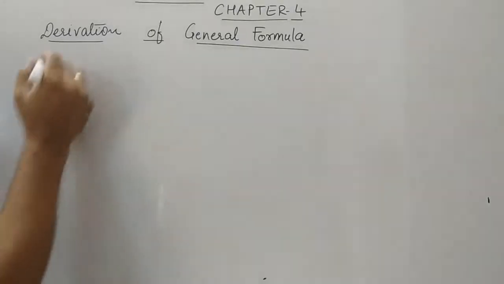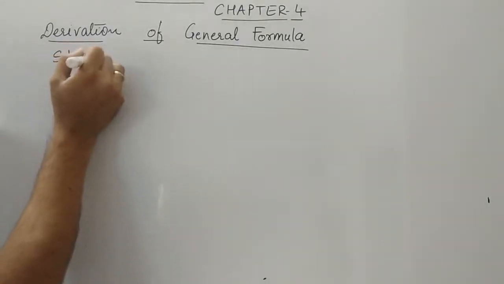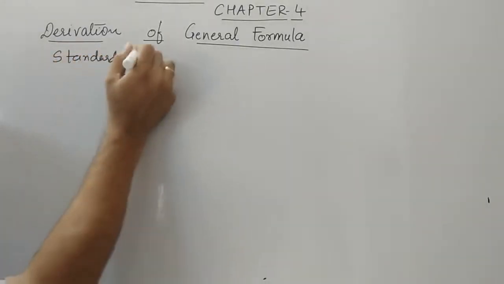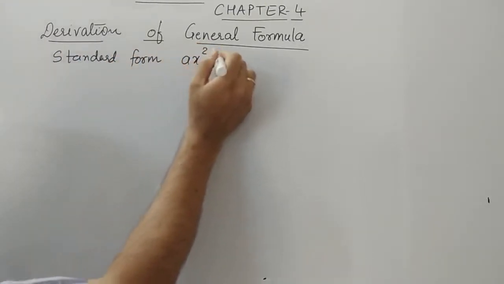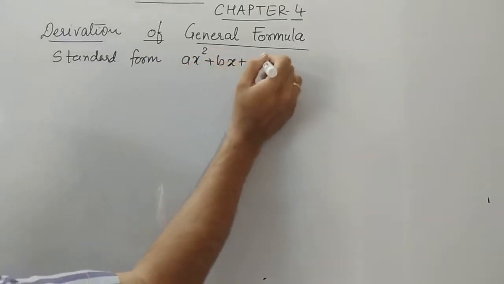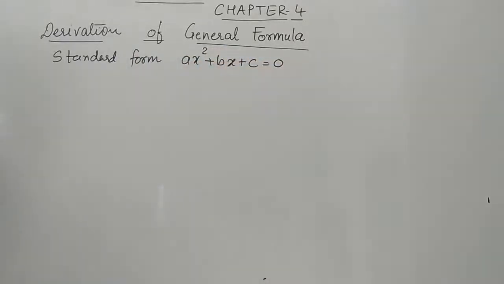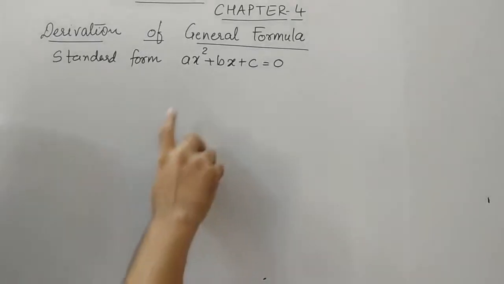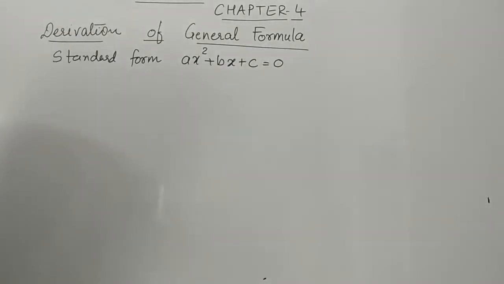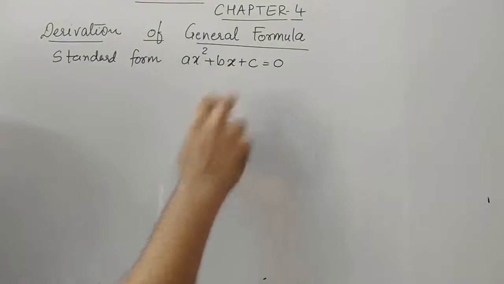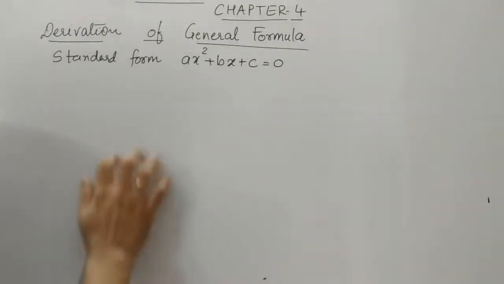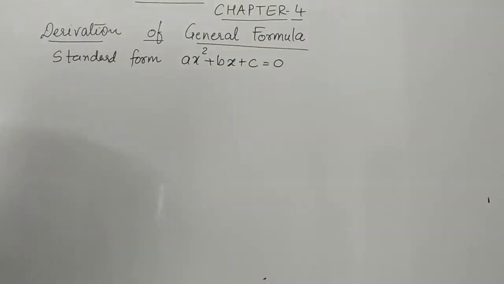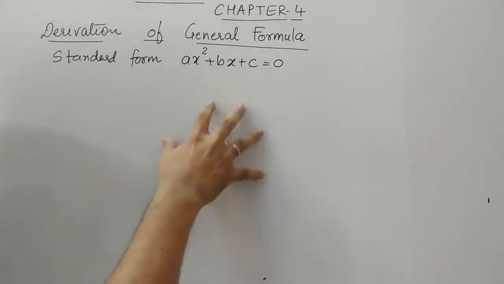As we know, the standard form of quadratic equation is ax square plus bx plus c is equal to 0. Now remember, students, basically what we are going to discuss is how to find x. Roots are the values of x which satisfy the equation. So there are two things which I'll do over here that you have to remember. The method which I am going to derive this is slightly different from the textbook. So you can go for this, it's quite easy to understand.